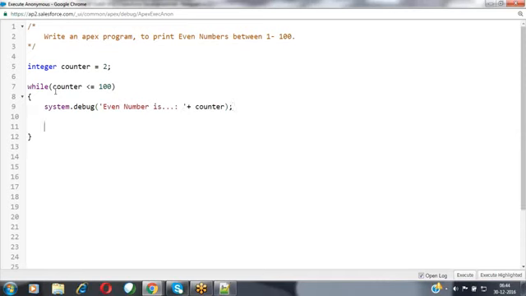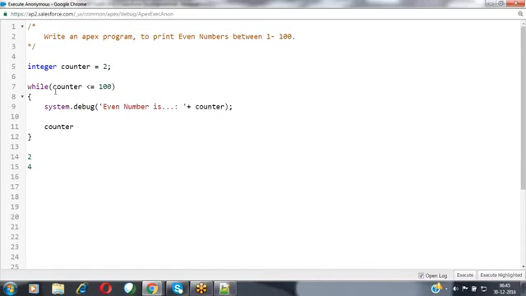For example, the counter, nothing but the even number 2, has been printed. So what is the next number? 4. Then how can we get the next number over here? If we increment the value by 2, then automatically 2 will become 4, nothing but 4. After that, we can increment by 2 again, nothing but 6. We can increment by 2, nothing but 8. Like that, we can keep on incrementing the value by 2. Then how can we increment the value by 2 here?